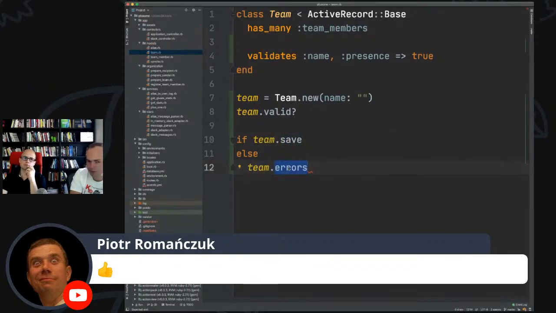Okay. Which is even better. You actually have access to error messages. I don't remember, I think it was called full messages. I never remember this. But those are basically the same messages that they would display on the UI. So imagine this kind of coupling all the layers together. We've talked about it already, that if you use a framework too much, it does a lot of magic, right? Yeah.